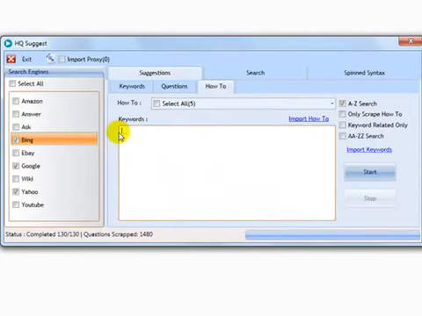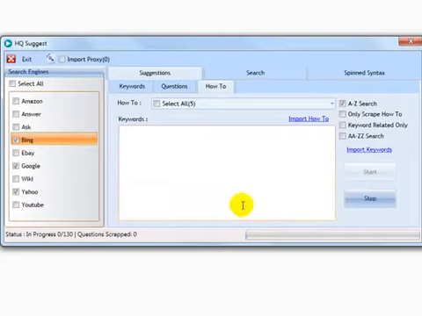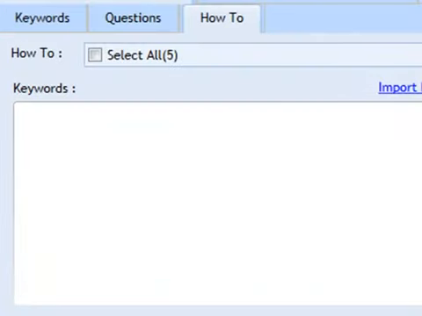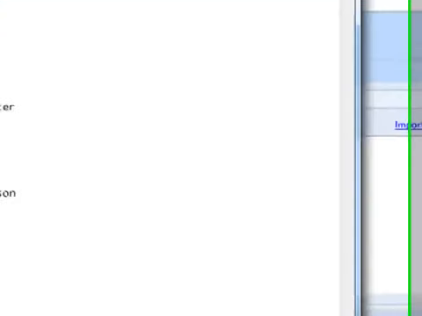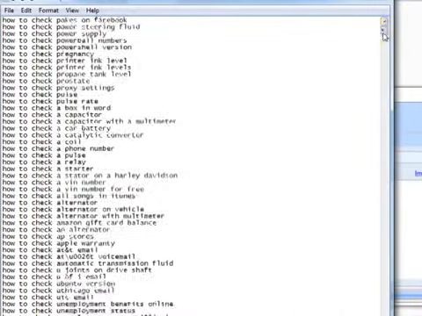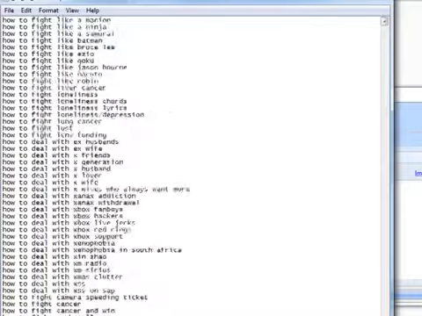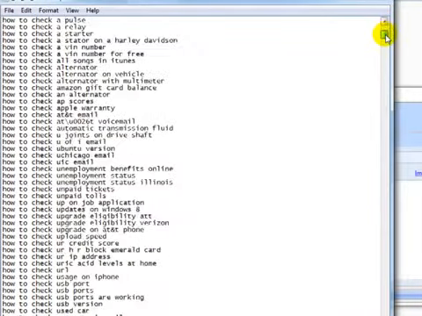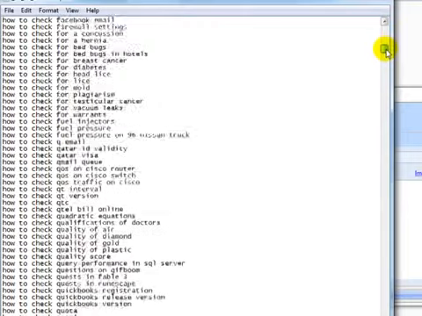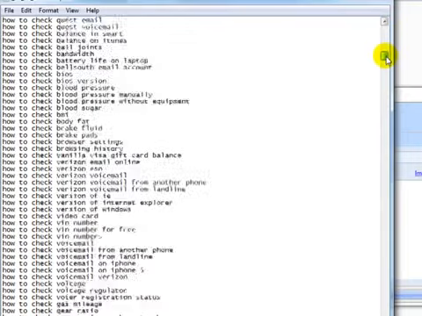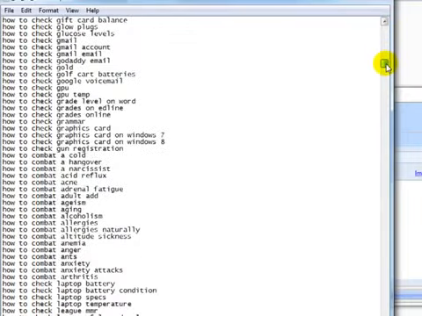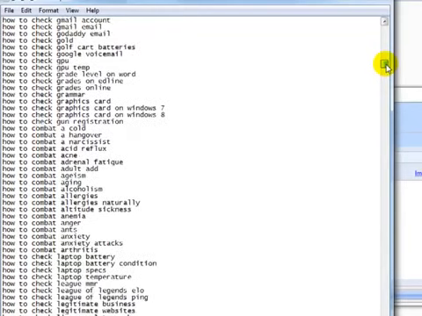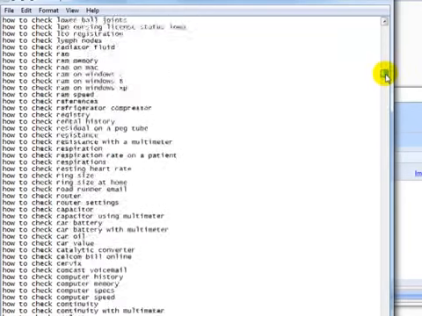Now let's perform a search without adding a keyword, and I'll be back shortly to show you what kind of results we get. Okay, so we now have a variety of how-to subjects and how-to topics in a variety of niches. We've got things like how to check pregnancy, how to check proxy settings, how to check phone number, how to check Apple warranty,